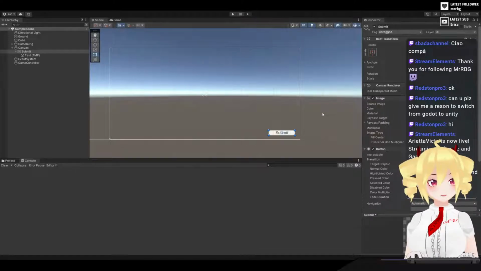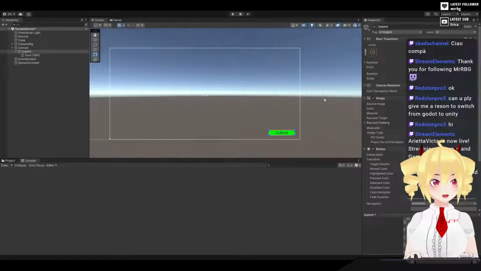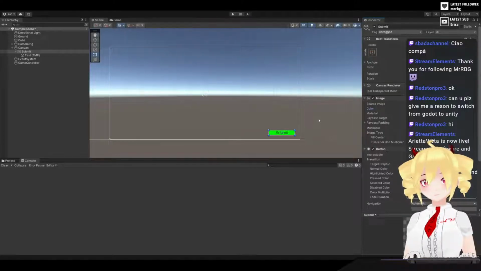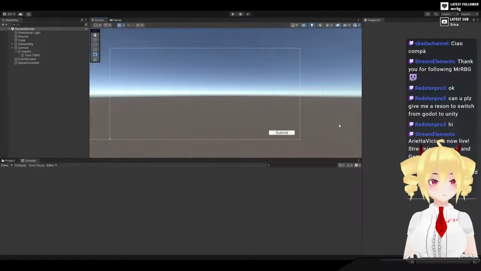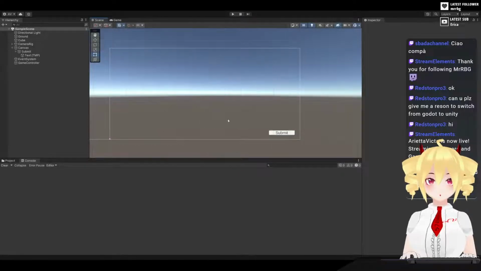Oh, you can't see the color pop up. But it seems pretty easy to change the color. So let's do